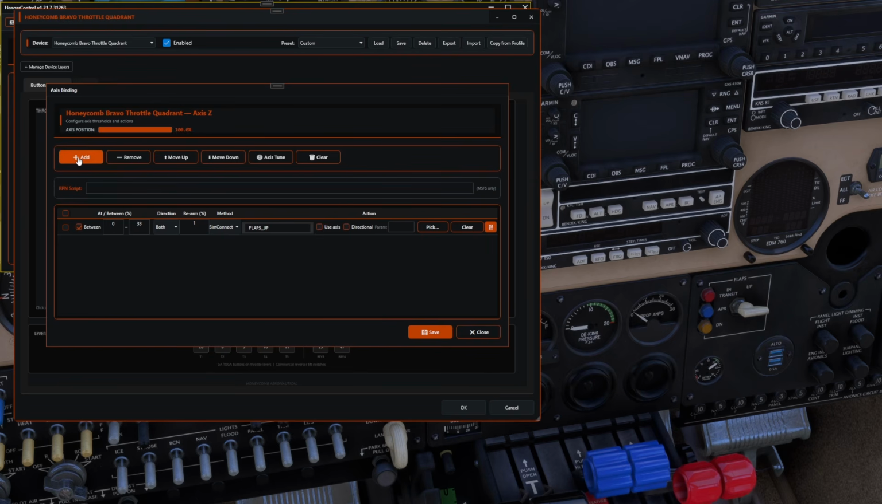Okay, then what we're going to do is add a line, and we're going to hit between. We're going to uncheck our use axis range, and we're going to make this from, let's do from 35%. You don't have to have a buffer. I just normally put one, to say 66. And again, this one's going to be flaps